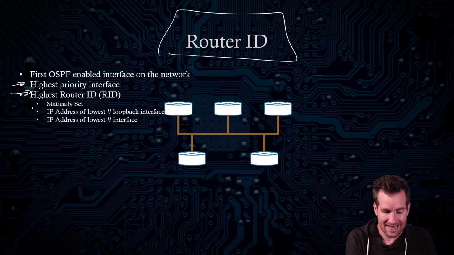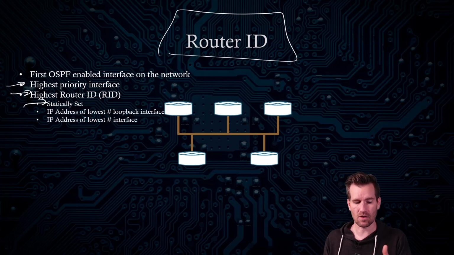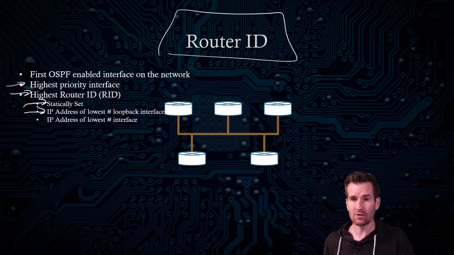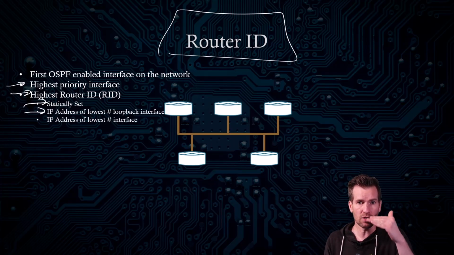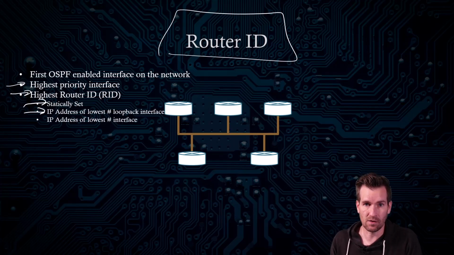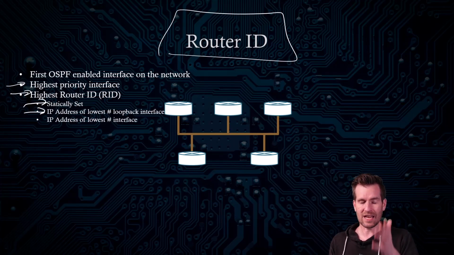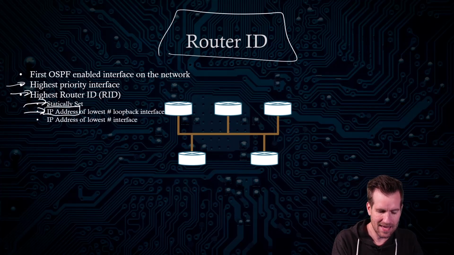Well, first of all, we can statically set it, and that is go into that OSPF process and define what the router ID is going to be, or it has to create it. What it would do is take a look, first of all, to see if you have any loopback interfaces. If you do, it would choose the lowest numbered loopback interface. So if you have loopback 0, that would be the lowest, or loopback 1 would be lower than loopback 2. So it takes a look at that lowest loopback interface, and then it takes on that IP address, which is